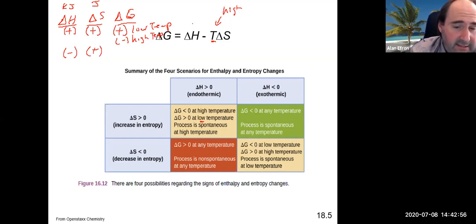In this case, this guy would be negative, this guy would be positive, and most likely our temperature is going to be positive, which means no matter what happens, we have a negative number here, we have a negative number here, which means no matter what the situation is in terms of temperature, we would expect a delta G to always be negative and spontaneous at any temperature,